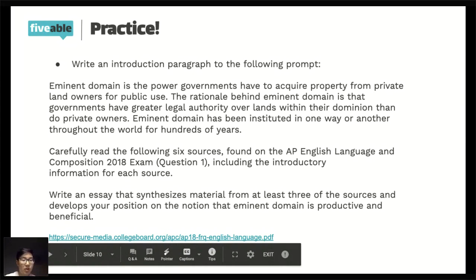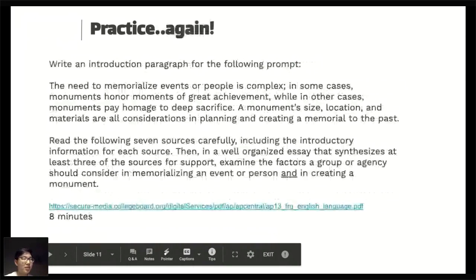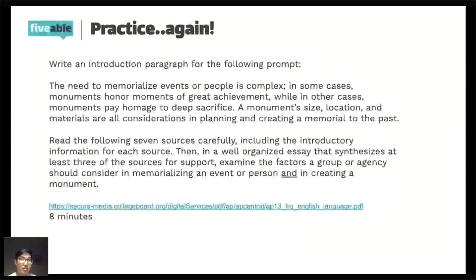All right, we'll go over to the next prompt. This time, I'm going to give a little less time because I know 8 minutes seemed like a lot. So let's just do maybe 6 minutes. And I'll send the link here. So write a thesis, an introduction paragraph. And I'd really appreciate some insight. So it looks like that's our 8-minute mark.